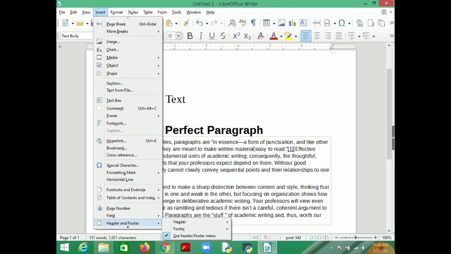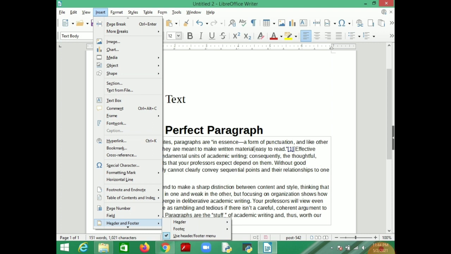Then headers and footers. What are headers and footers? When you make a document and go to printing, you may want to show the page number, or show some heading on every page, so you can apply a header.